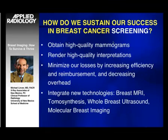Screening is key. Why is this unique? Because it is really the backbone of what we do. We must do this well if the rest of breast imaging is to succeed. We must obtain high-quality mammograms. We must render high-quality interpretations. We must be able to minimize our financial losses by increasing our efficiency and reimbursement, as we're going to talk more about. And we certainly must be able to introduce any new technologies for breast cancer screening, which we know